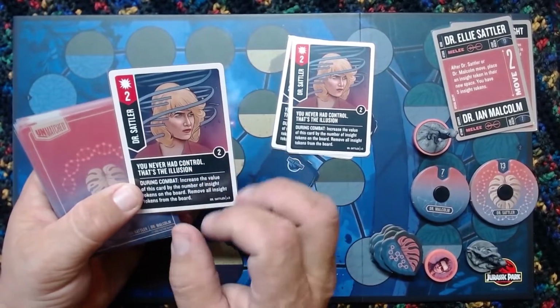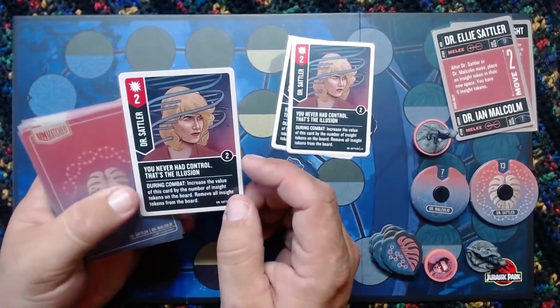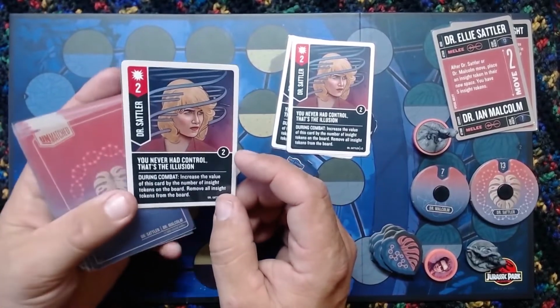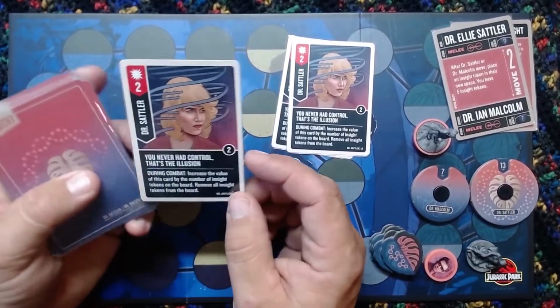Okay, you're going to see that aside from the common cards, every card in this deck has a title that is a line or reference from the original Jurassic Park film. So, like, pretty much all of them. Okay, this is an attack of